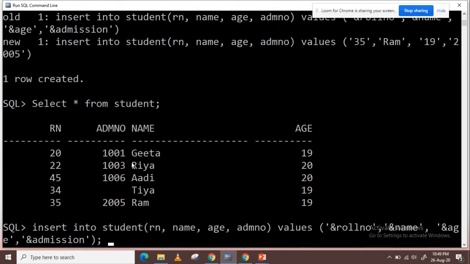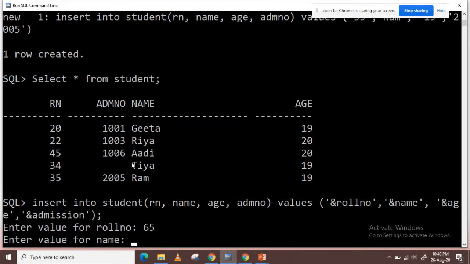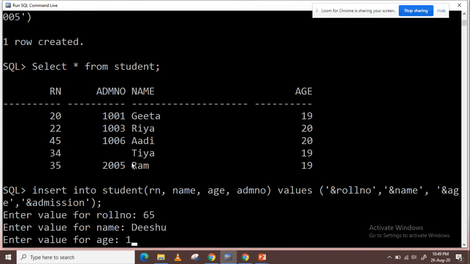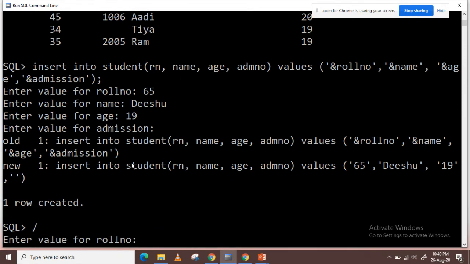If we have multiple entries for null, again a null entry, we again have entered the null entry for the admission number.